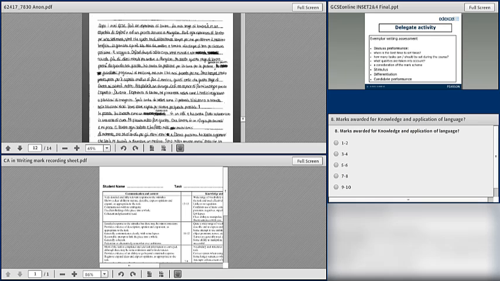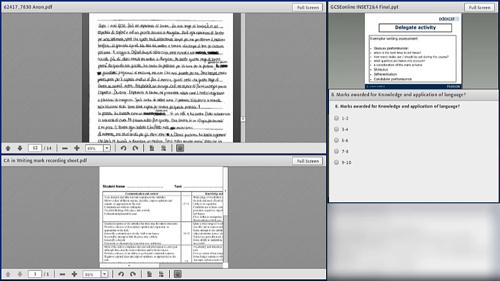Now one main point to bear in mind when marking is, if in doubt, always start from the middle box and then work your way up or down according to how you feel. Obviously, in this case, it's a good candidate, so you can probably start already in fairly high boxes. But if in doubt, the middle box is always the best place to start, and then you work your way up or down.